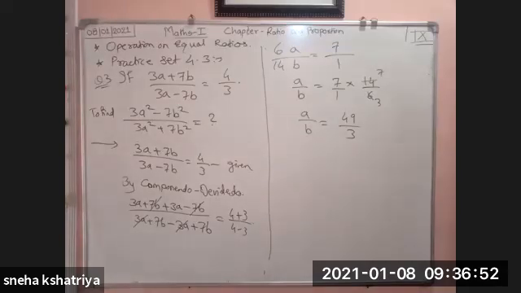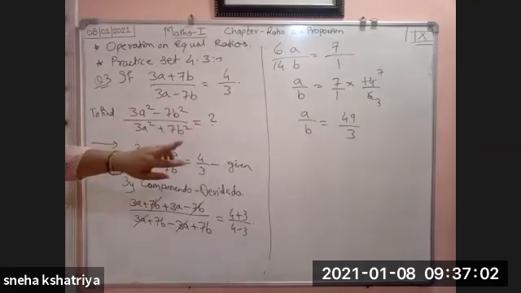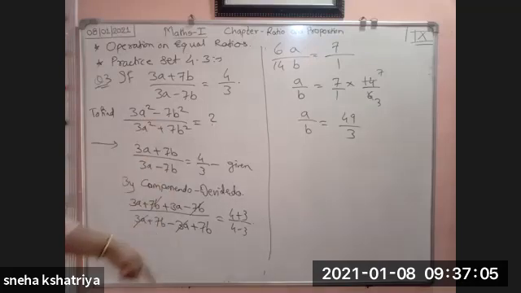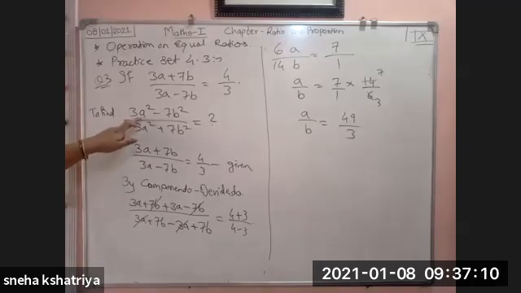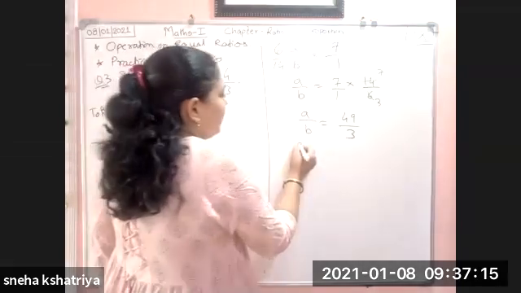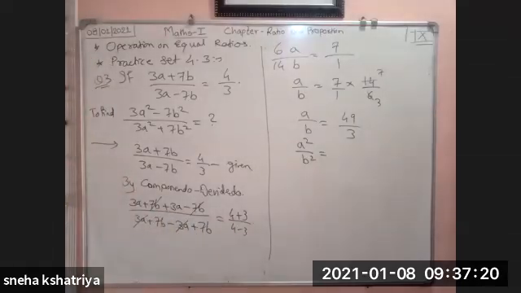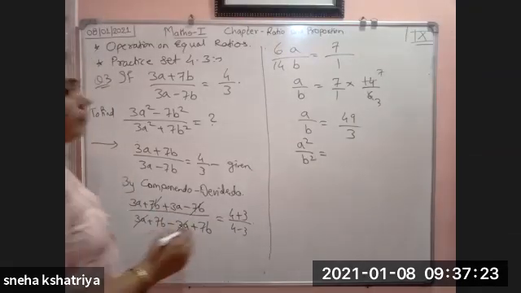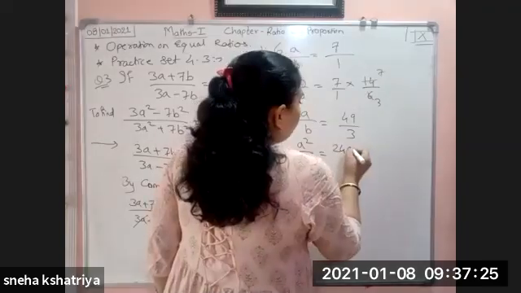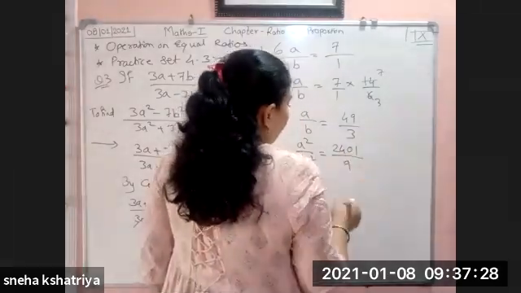Okay. So now here we have to find out the expression 3a square minus 7b square. So here square term is there. Now whatever the given expression is there, we have to square it. Okay. a upon b we get. Now from a upon b we have to solve the further example. First square, then multiply by 3 upon 7 like this. Okay. So we get a square upon b square, which is equal to, what is the square of 49? It is 2401 divided by 3 square is 9.